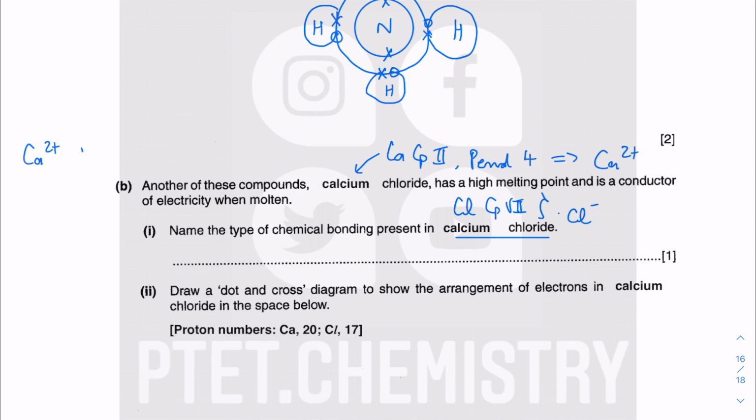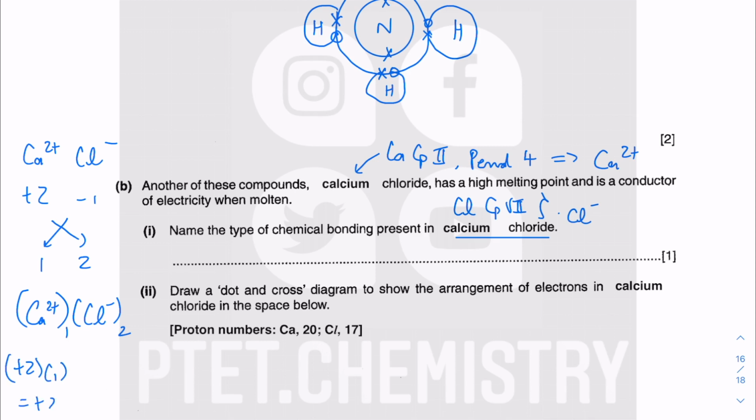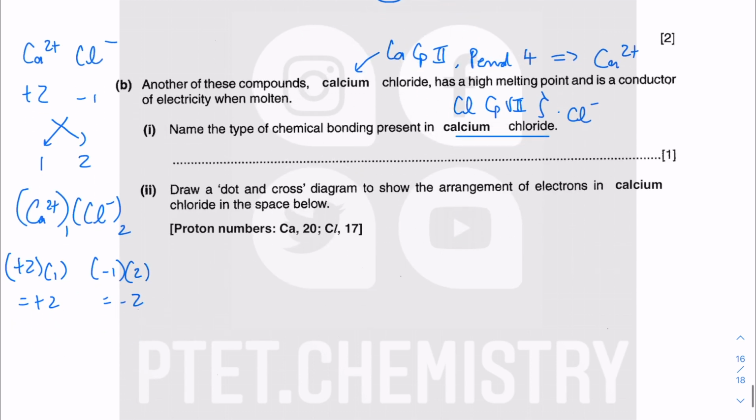So I hope you know how to do the formulas already. So you can do the crisscross method, where the 1 goes to the calcium 2 plus, and the 2, you only take the numerical value. This is the exact same method as the lowest common multiple, because you want to balance out the charges. So you have plus 2 multiplied by 1 is plus 2. Minus 1 multiplied by 2 is minus 2. When you add plus 2 and minus 2 together,